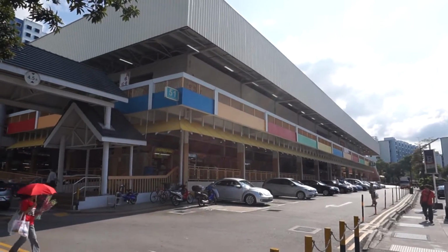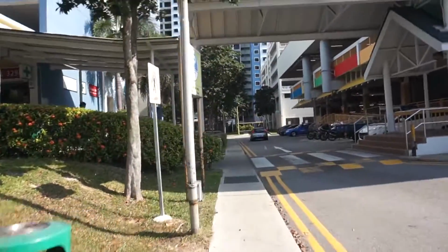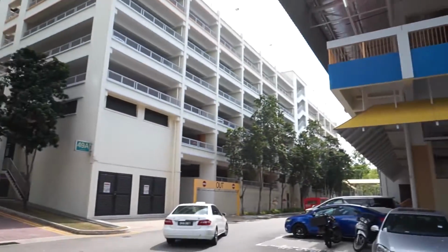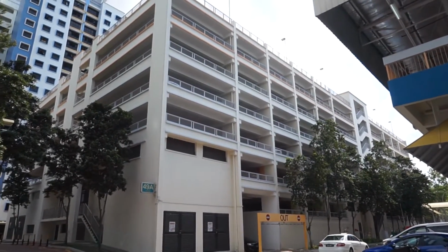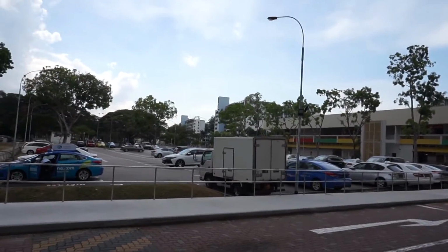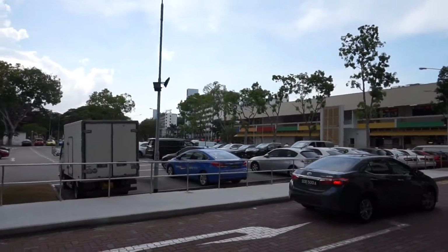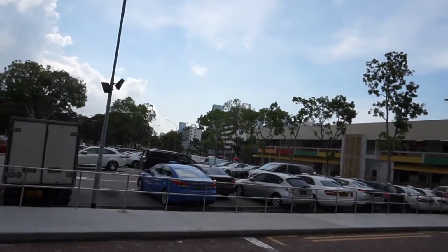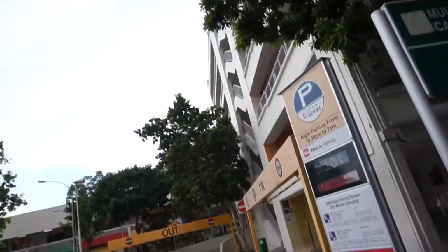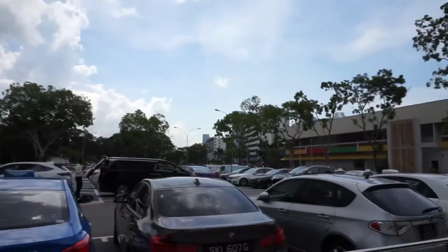Old Airport Road Food Centre is a popular place for Singaporeans to come to eat because of the abundance of good food and a big car park behind. So people who do drive can park their car in this big car park here. You can easily find a parking space, or you can take a bus, or now you can even take the MRT here. So it's very convenient for you to reach this food center, and that makes it a favorite place